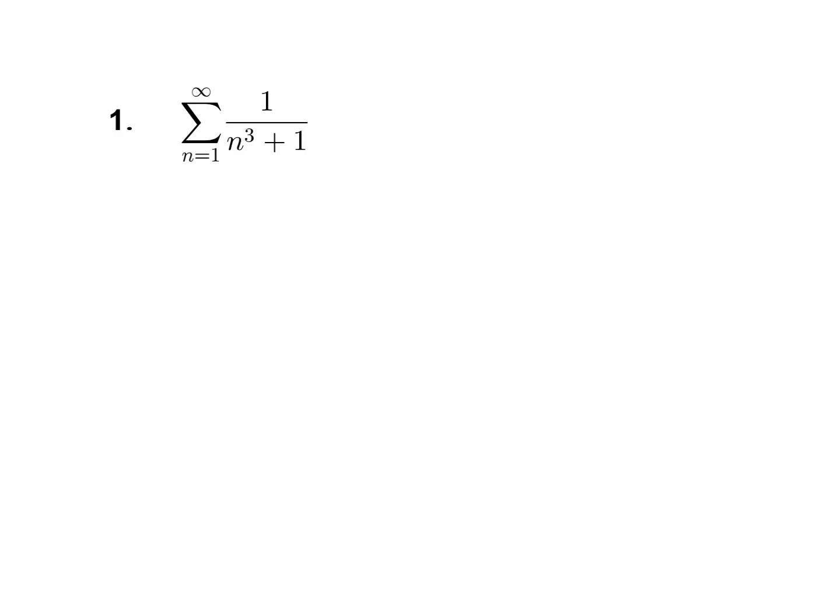We are going to start with this problem here, which is the summation of 1 over n to the third plus 1, from when n equals 1 to infinity. So first we must ask, what can we compare this to? Well, we can compare this to the summation from n equals 1 to infinity of 1 over n to the third. And we know this converges because of the p-series, where p equals 3, which is greater than 1,